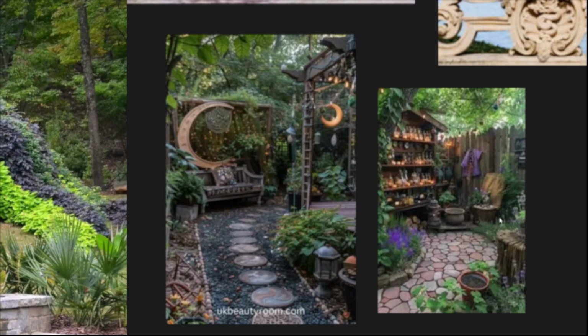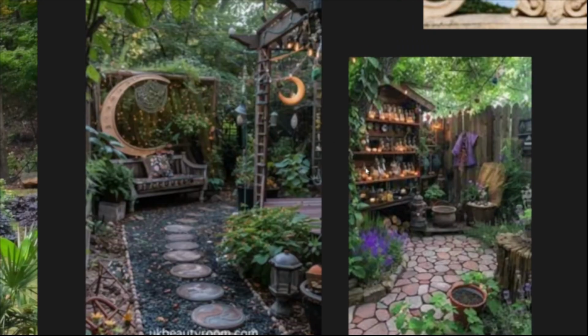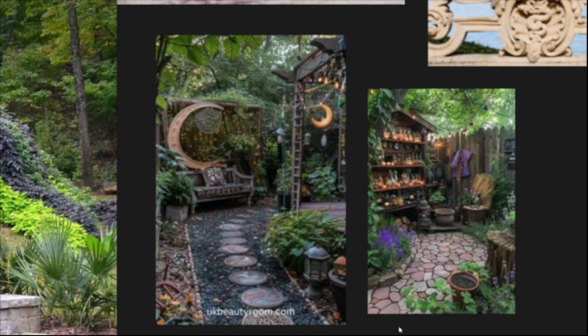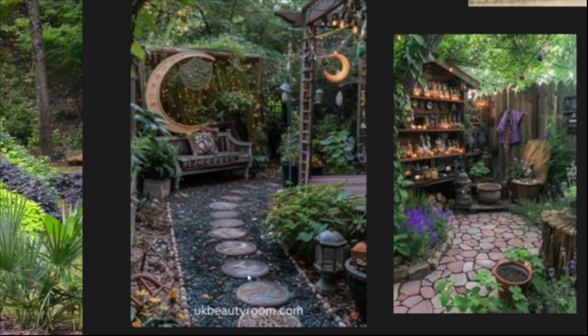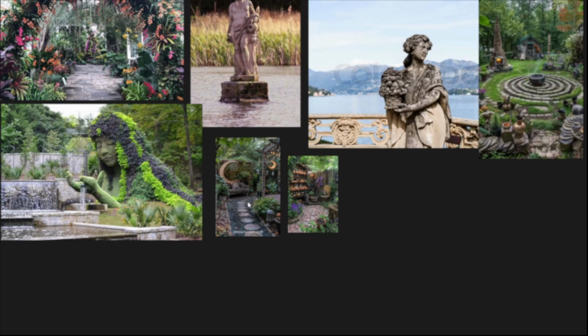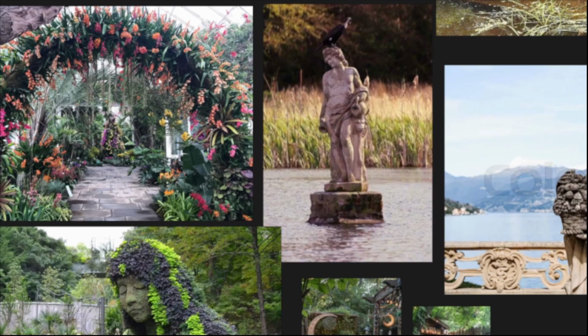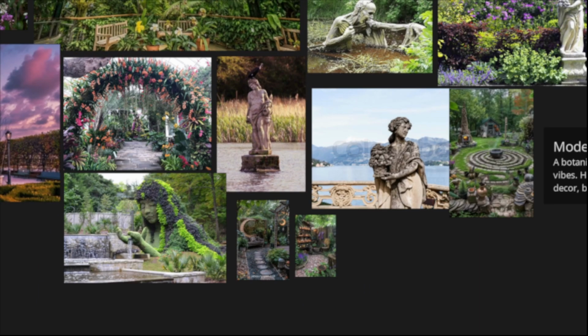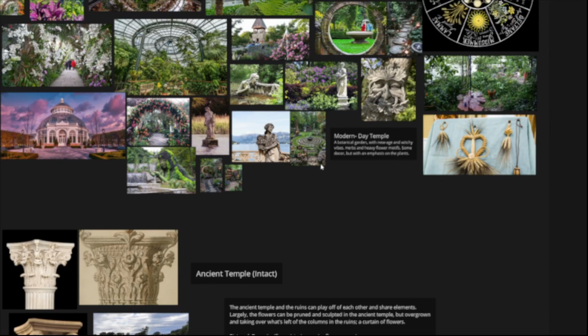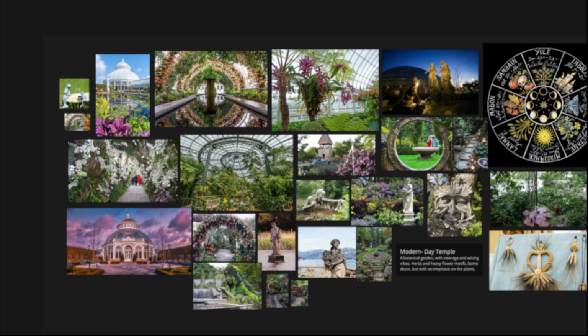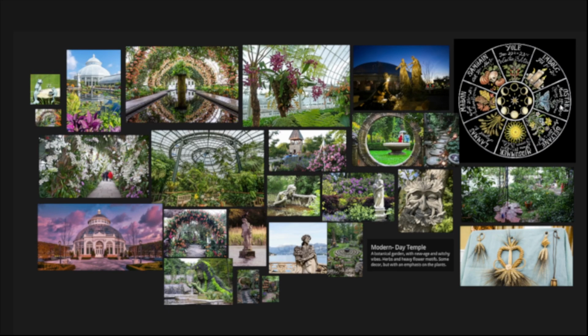And then just having little elements like an apothecary style. This is all candles and stuff like that. I really loved that. A cobblestone path with circles or moons. Like, I really enjoy that kind of motif, bringing in more of that New Age stuff and the cycles and all of that. So I'm going to get started on some iterations soon.